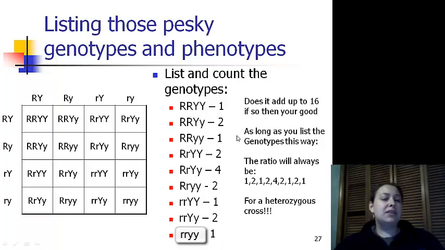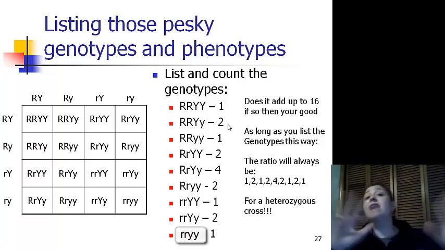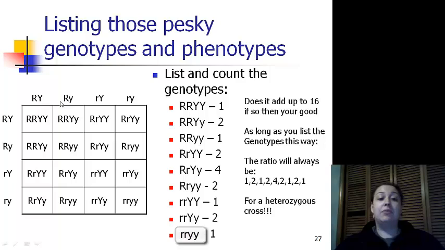If you can memorize this pattern, the 1 to 2 to 1 to 2 to 4 to 2 to 1 to 2 to 1 ratio, then you'll never have to do a Punnett square for hybrid or heterozygous crosses again. Because all you have to do is see that they're heterozygous and heterozygous, list out the genotypes in this method